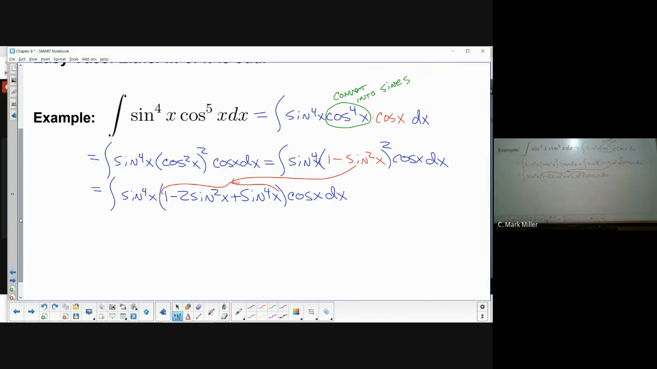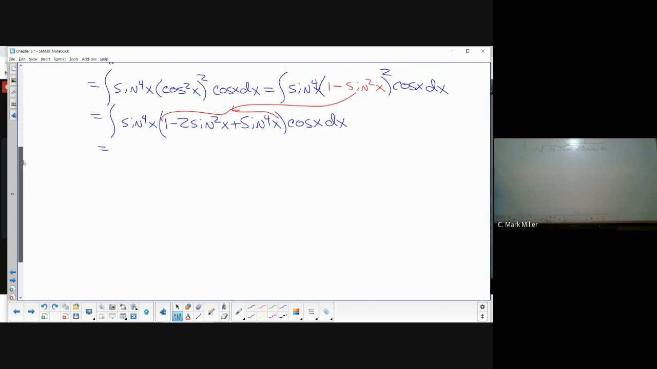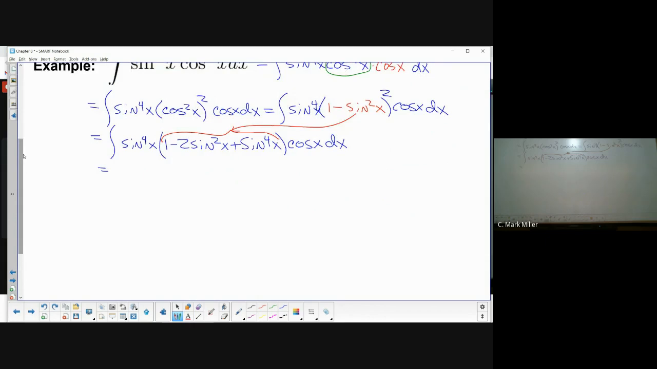So 1 minus sine squared, squared, is this. Now I'm going to multiply the sine to the fourth all the way through. How much do I want to multiply it? Just once, I'm going to multiply this all the way out. All the terms in these parentheses get multiplied by sine to the fourth